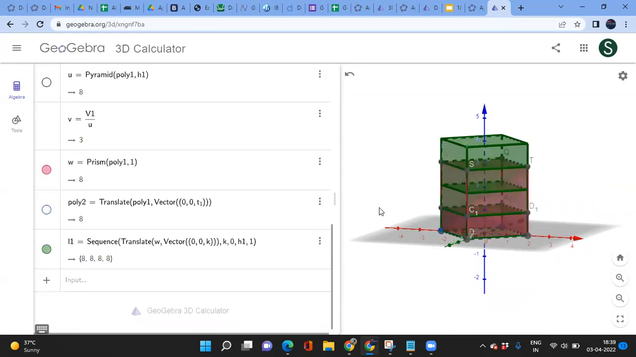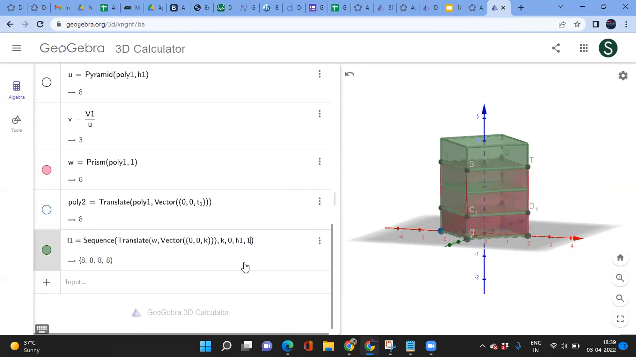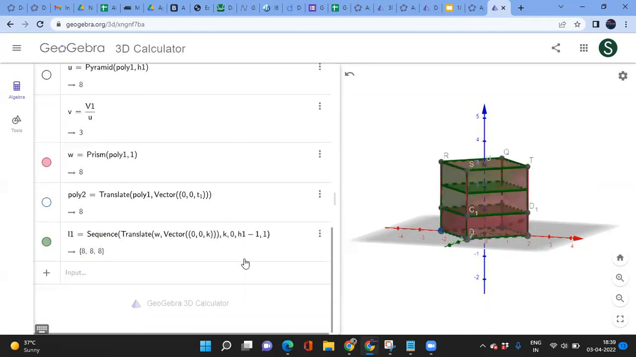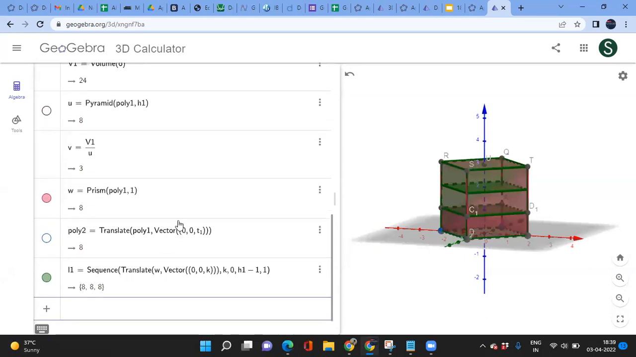Right. If it is going above, I think it is going one layer above. So I can just show, because it started from 0. So let me just put it 1 minus. Yeah, now it is perfect because it should be